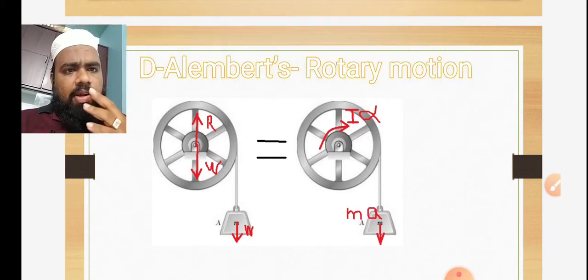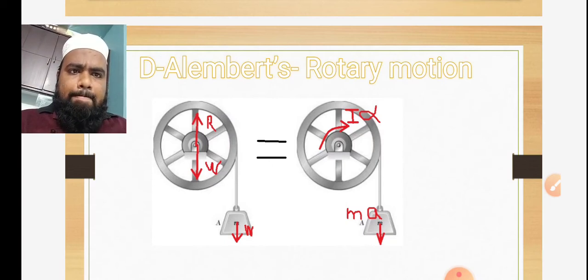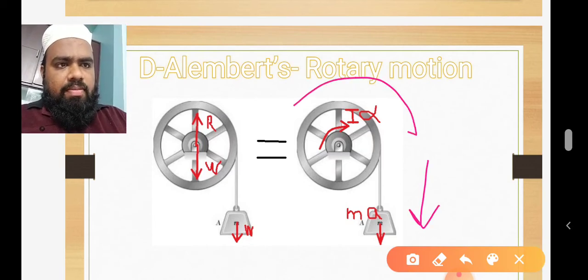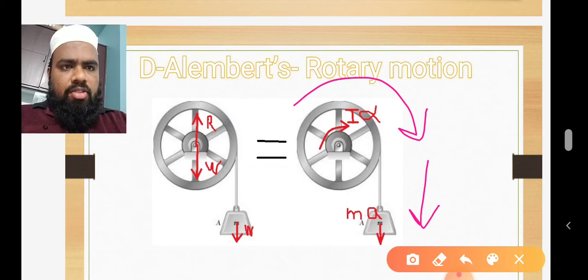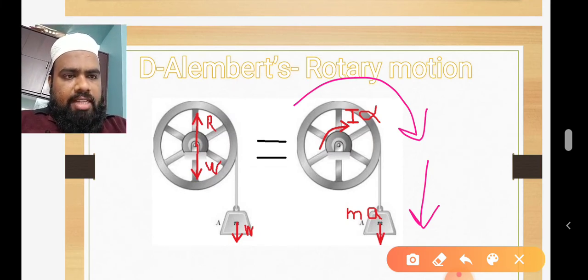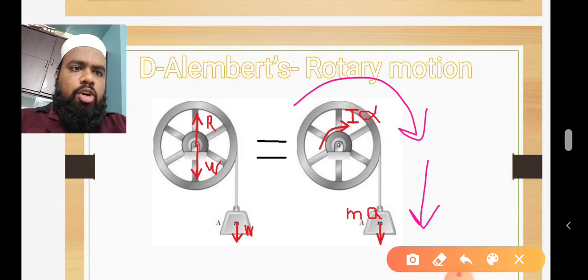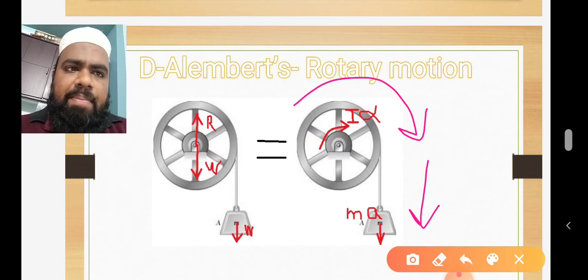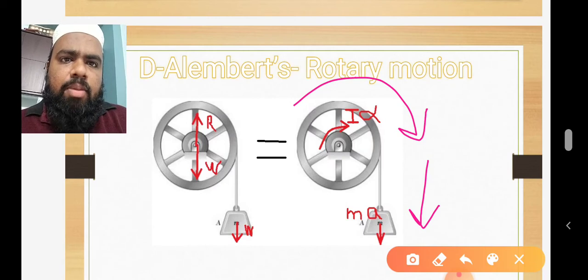As you see in the pulleys, there is a single pulley. When the weight acts downwards, that is linear motion, this body will rotate. This is what is happening. We have to concentrate on this rotary motion. So the load is acting vertically down and the pulley is rotating. So ma is replaced with I alpha. For rotary, ma will be considered as I alpha.